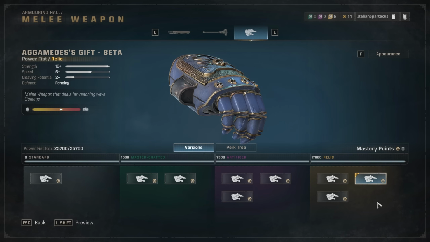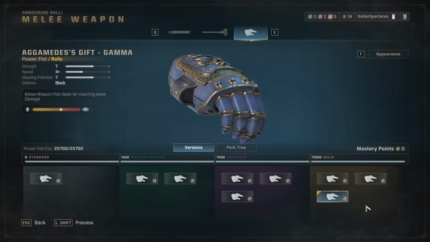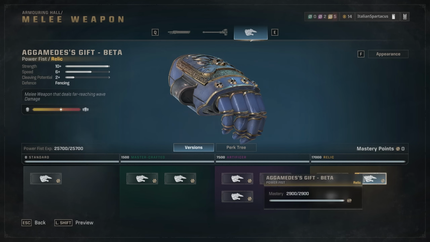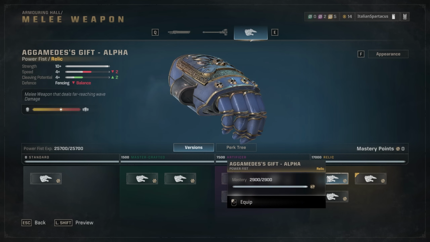So there are some balance issues right now with how defense as a stat works for the actual stats of the weapon we're talking about, right? Like the trade-off isn't always really there. There's never a time where I'm going to want to go, yeah, give me the block here. I want that cleave potential. No, give me the 10.5 damage and near perfect parry all the time with fencing. The balance here too, I'm dropping 2 speed and I'm gaining 2 cleave potential, but I'm losing that perfect parry